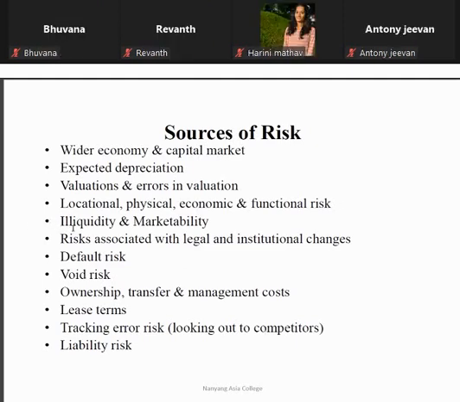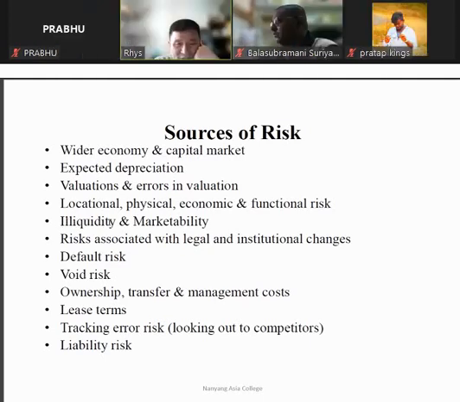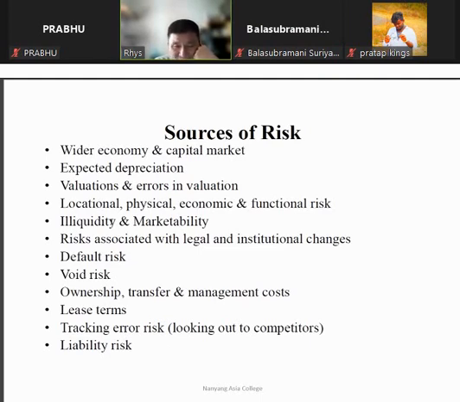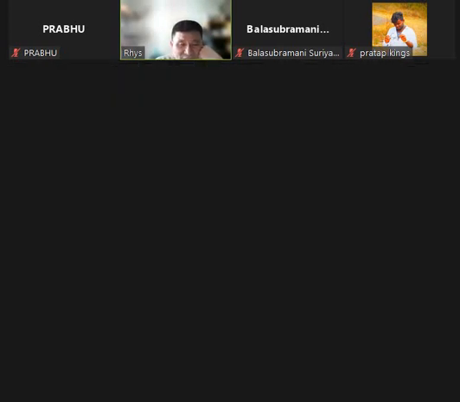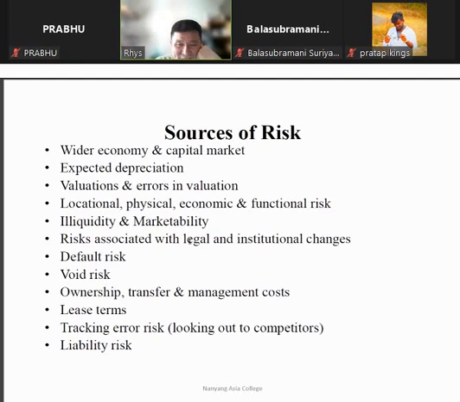You talk about liquidity also, marketability. When you talk about a project, there isn't much about marketability. You talk about liquidity. That means the company funding is not enough. They cannot get paid by the customer. Then the problem is cash flow. It will be an issue. That will be liquidity. Then risk associated with legal and institutional change. There will be laws that keep on changing, especially in Singapore, construction law, BTO law, everything changes. So you have to learn to adjust to it and adjust your company.